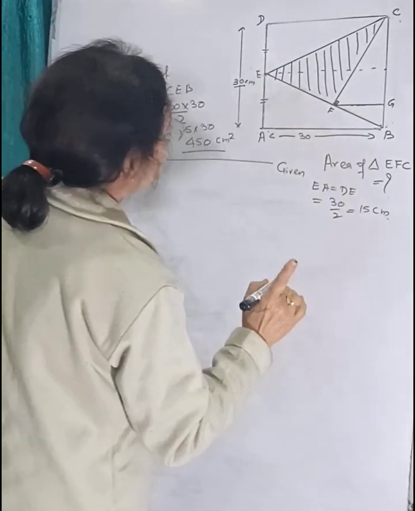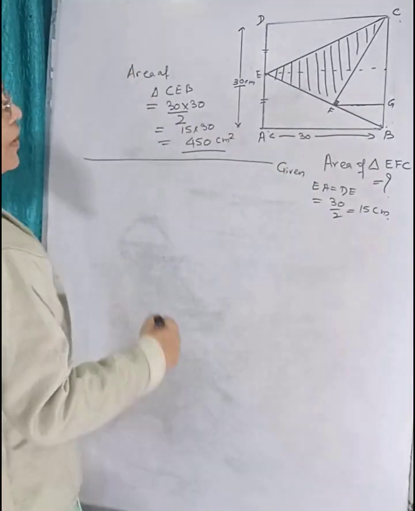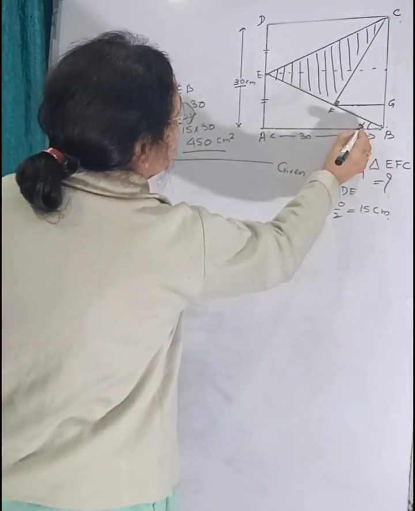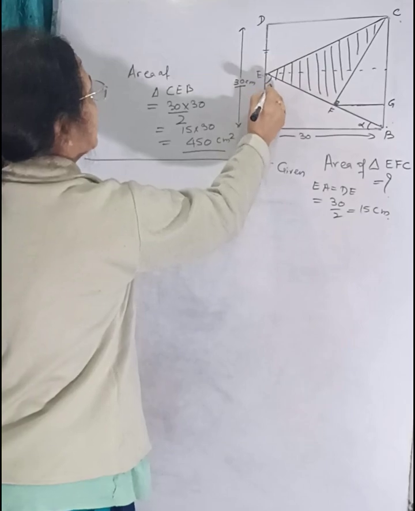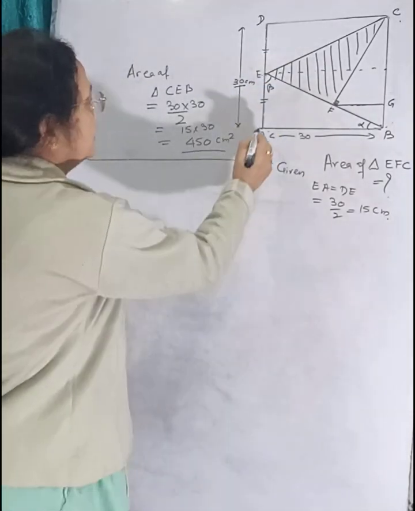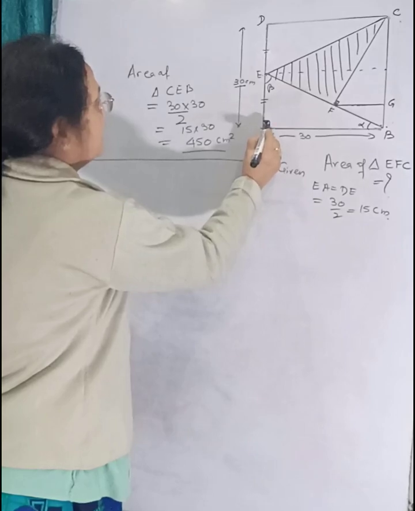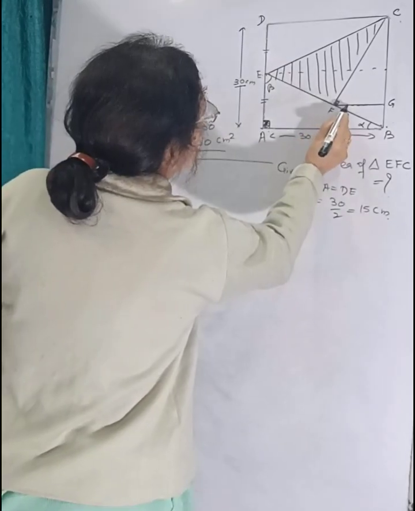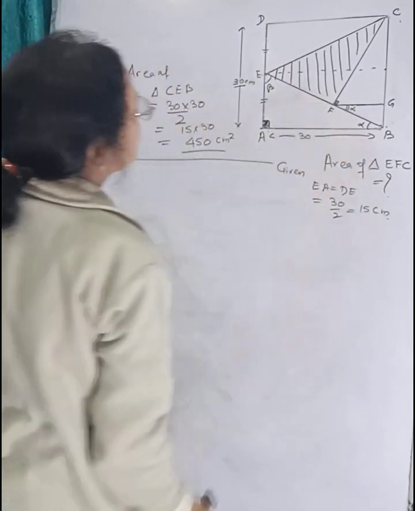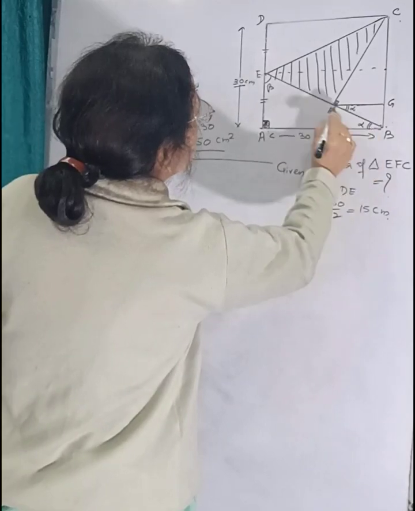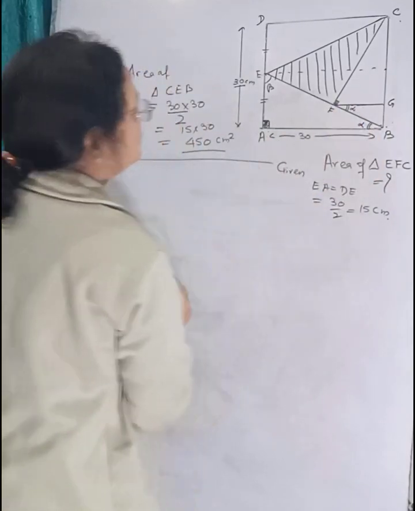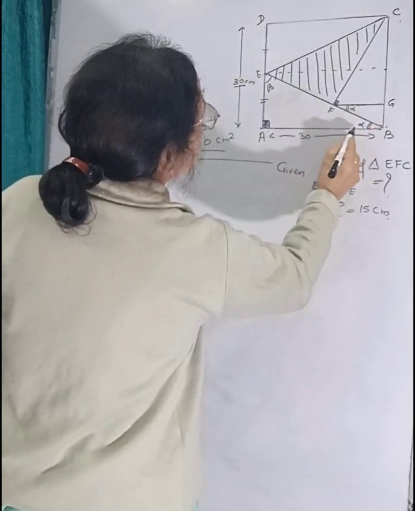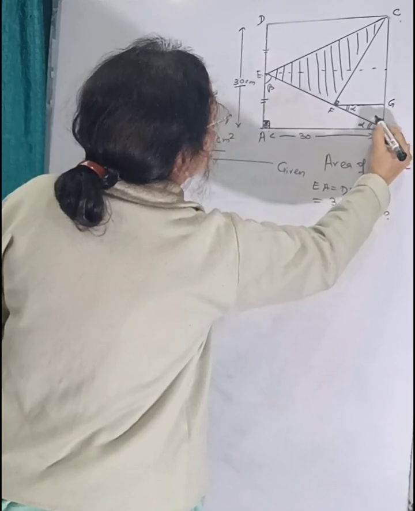How to find FG? To find FG we have to take a new step. Let us suppose this angle is alpha and the complementary angle is beta. Alpha plus beta is equal to 90. In this triangle, this is 90 already. So this is alpha, this will be beta. If this is alpha, this will also be angle alpha, because we have dropped a perpendicular that is parallel to AB. Now this is alpha and the whole is 90, so this will be beta.